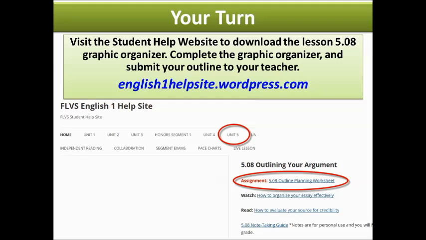Now it's your turn. Visit the Student Help website to download the Lesson 5.08 Graphic Organizer. Complete the Graphic Organizer and submit your outline to your teacher. You can access the Student Help website at the top of your teacher's announcements page or by entering in the URL bar,